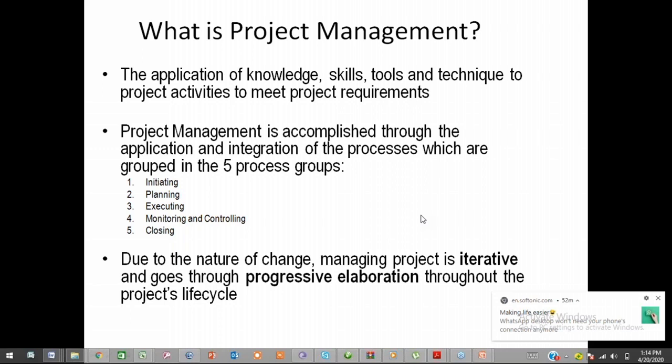Project management is accomplished through the application and integration of processes which are grouped into 5 groups. I want the class to read on project initiation, project planning, project execution, project monitoring and control, and project closing. And I want you guys to write briefly for me what you have been able to do on project initiation, project planning, project execution, project monitoring and control, and closing. These are the